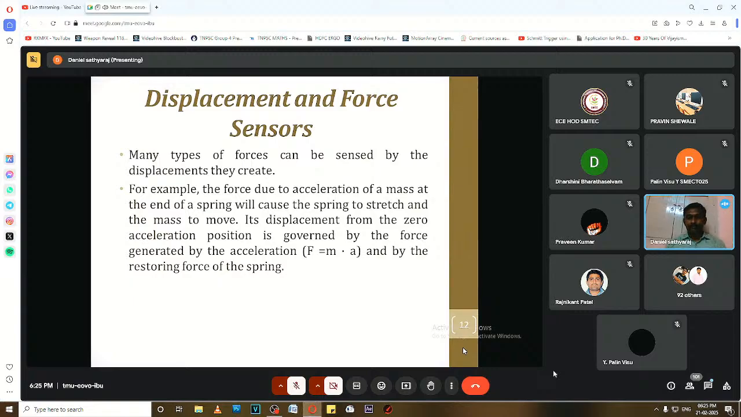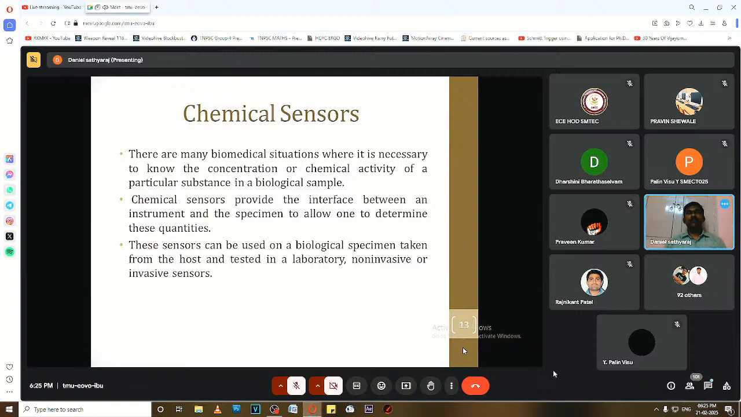For example, due to an acceleration of a mass on a spring, that will cause a stretch of the spring and the mass to move. So there is a displacement from the initial zero point related to the acceleration generated. These two are related by the restoring force of the spring. So the movement is happening due to the force. Also, we can measure the displacement that happens due to the force. These are the basic types of